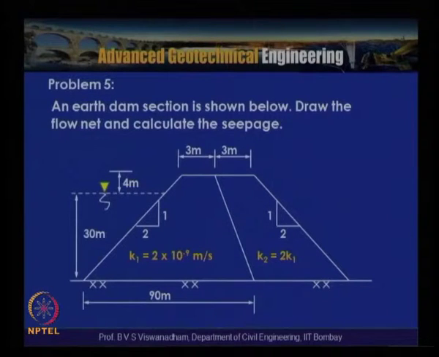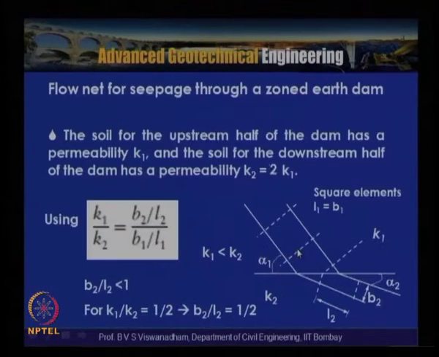Okay, and the slopes are 1 vertical to 2 horizontal, and the upstream water level is 30 meters, a freeboard of 4 meter is maintained, and the crest width is about 6 meters. So from here to here is 3 meters, from here to here is 3 meters, and from the upstream toe to this end is 90 meters horizontal distance. With this the entire configuration can be constructed, and this can be solved by using the concepts we discussed,